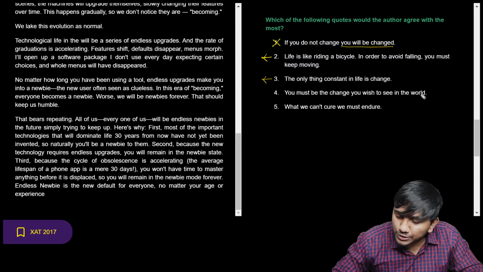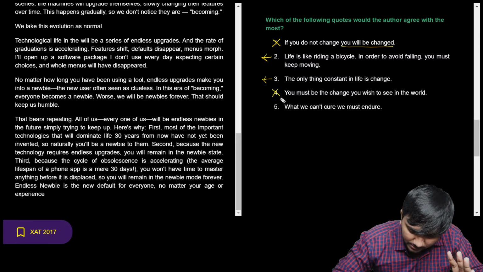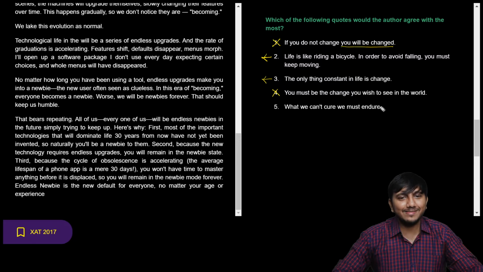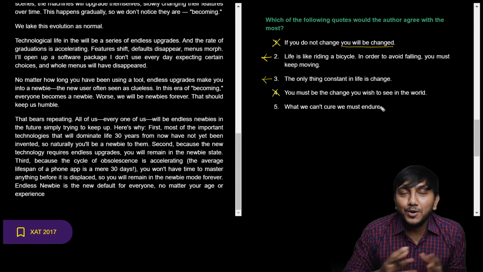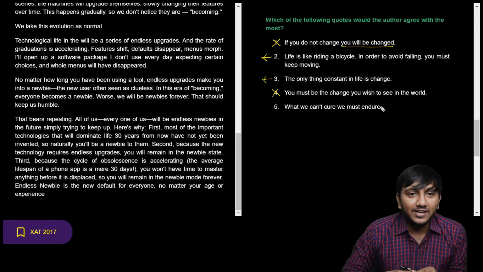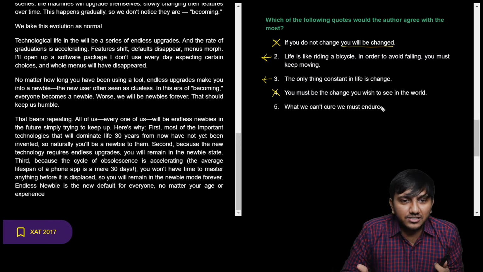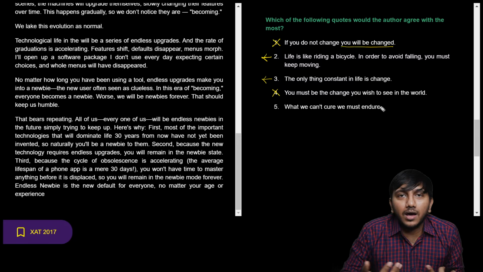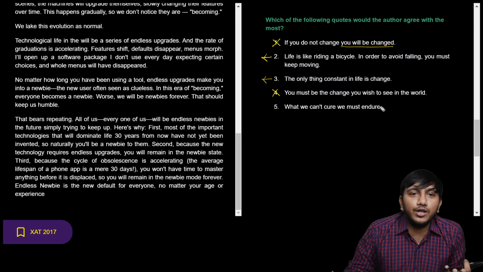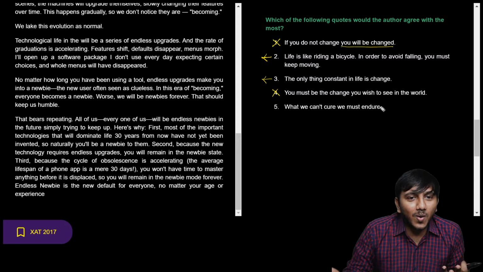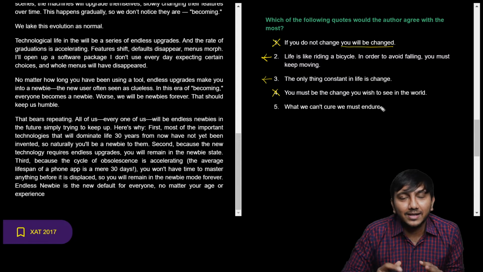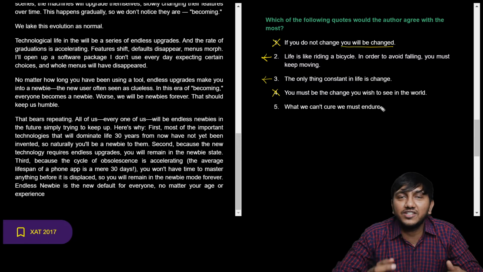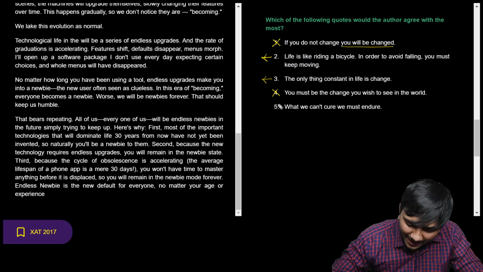You must be the change you wish to see in the world. Outright, out of scope. What we can't cure, we must endure. So if I were to put it in our author's technology perspective, it's more like this. If you can't change an old laptop, let's say, which takes 1 hour to copy a 1 GB file, just sit there and watch the beauty of copying. Right? It's like that. What you can't cure, you must endure. You need not endure. The author says if things are not working out, you got to change them. He doesn't say you have to just sit and go through with it. Okay, so you can get rid of that one.